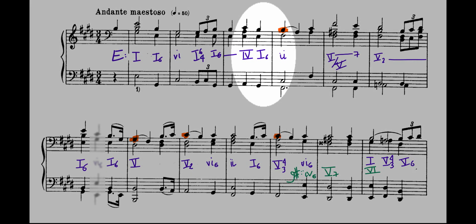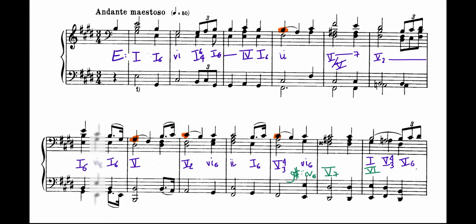Another very clear passing chord is that 1-6 I was pointing out before. That's just clearly a motion between the 4 and the 2 in the bass. And in that same sense, when we have this figure, melodically this clearly is just passing tones from the G sharp to the C sharp. So harmonically what happens is almost kind of a series of passing chords just harmonizing a melodic ornament of that